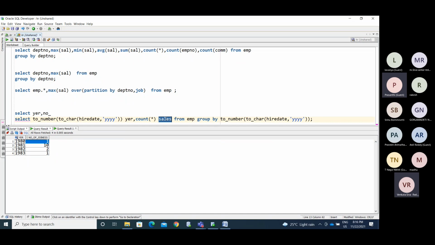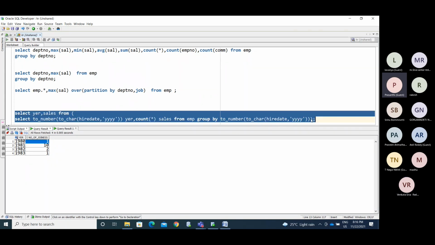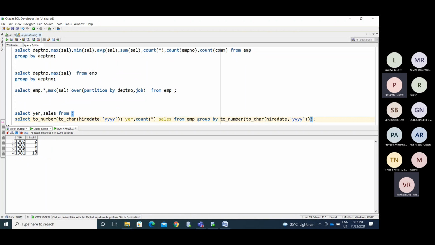Sales. Okay, now we have the sales, year-wise sales.